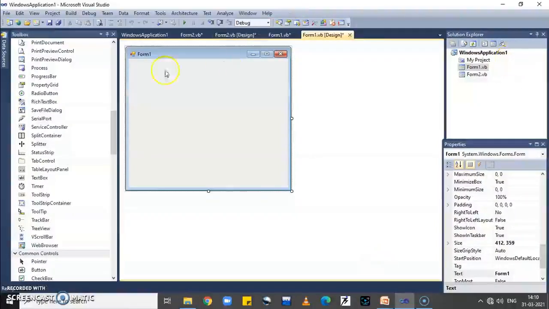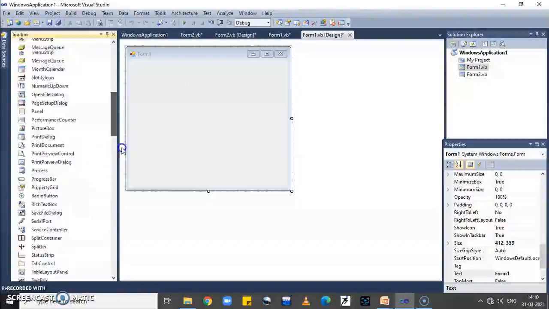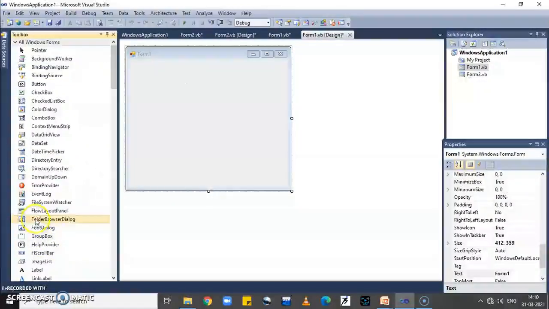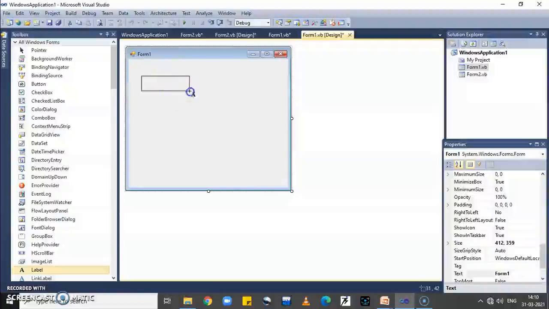Now my application name is Windows Application 1. In Windows Application 1, one form is Form 1. In this Form 1, I put one label control.